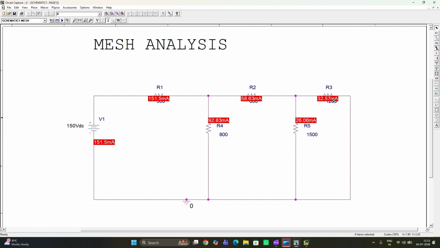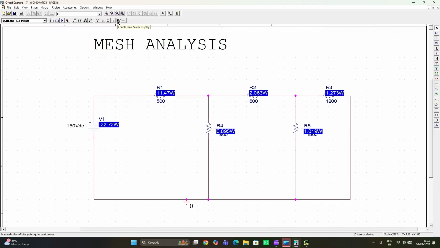And what is the current flowing through R3? Like that, it will give the branch currents. And if you want to measure power, you can directly measure power. So what is the power consumed by the R1 resistor, R2 resistor, R3, R4, like that? So for the individual resistances, what are the powers? So this is one way of